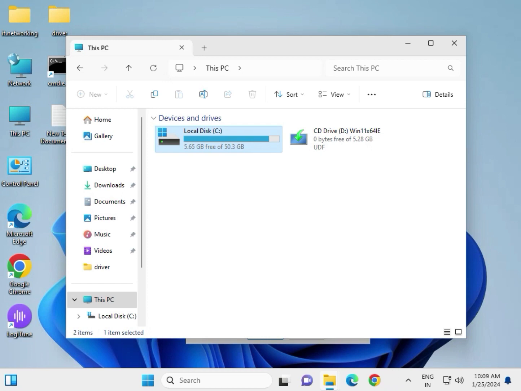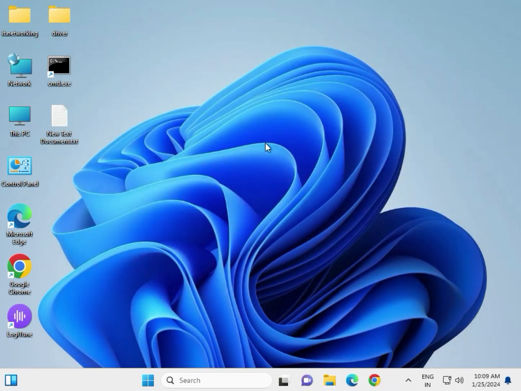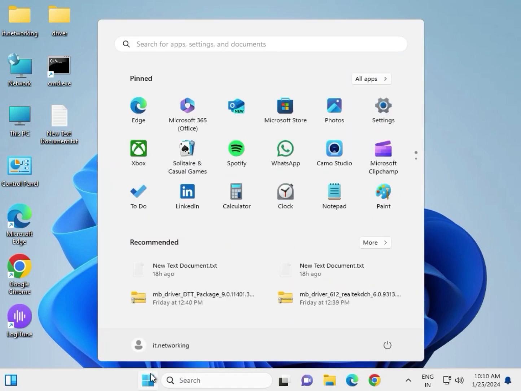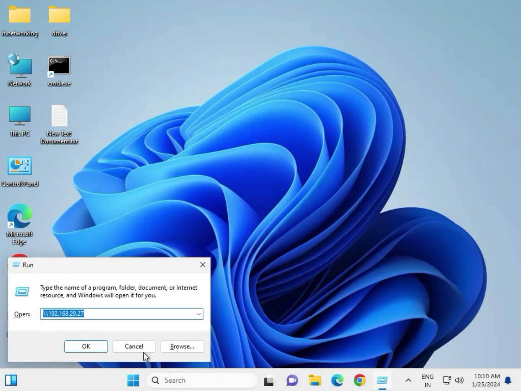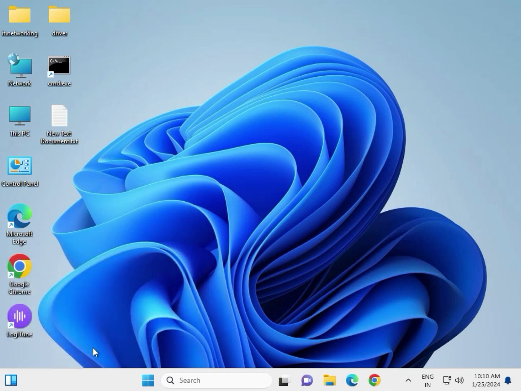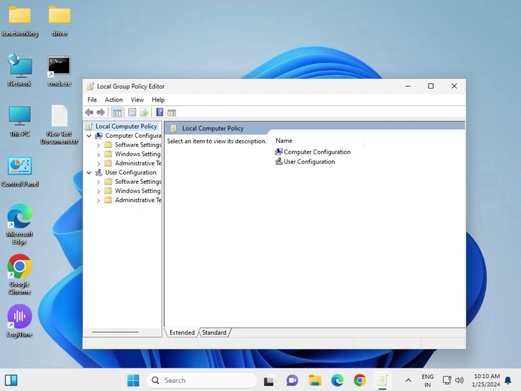Then next, check group policy. So press Windows R, otherwise you can click the search and type run, then type gpedit.msc. Then Computer Configuration, this Windows Settings,